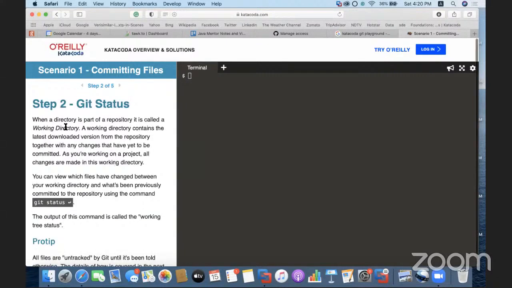So what it says, the second command is git status. When a directory is part of a repository, it is called a working directory. Okay. A working directory contains the latest downloaded version from the repository together with any changes that have yet to be committed. As you're working on a project, all changes are made in this working directory, which means, let's say